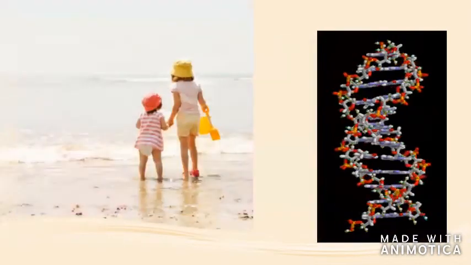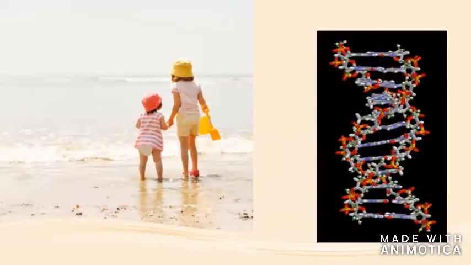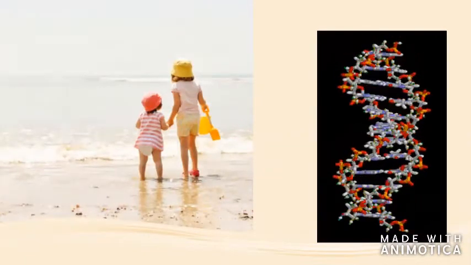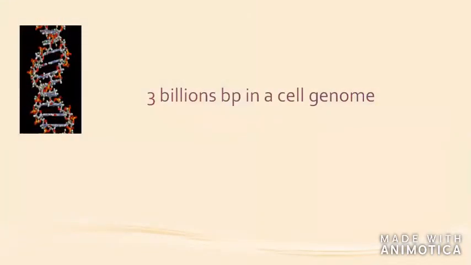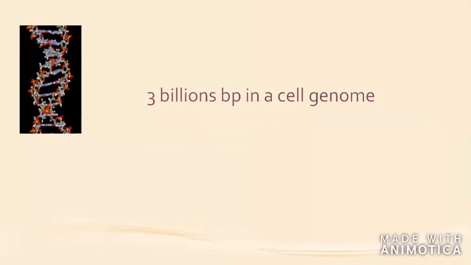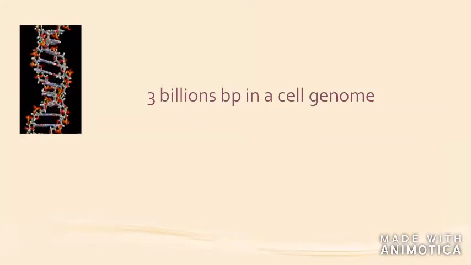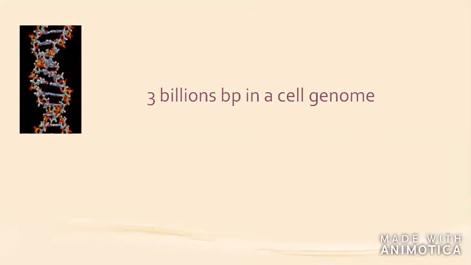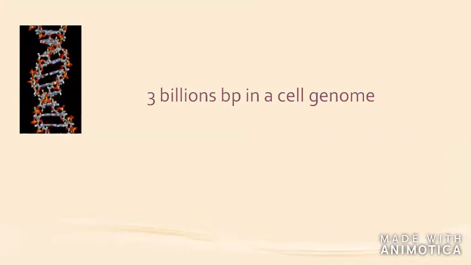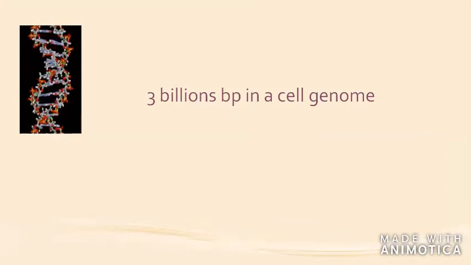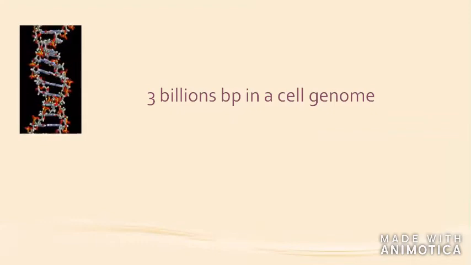And we all know that each and every living human being and all other organisms contain this DNA molecule. Depending on the age, the number of cells will vary. So we consider a person of 65 years, a normal adult human being with 65 kg of body weight, containing 3 billion base pairs in a cell, and that is the genome content. So we have to multiply this amount by 2 so that we can make it diploid.